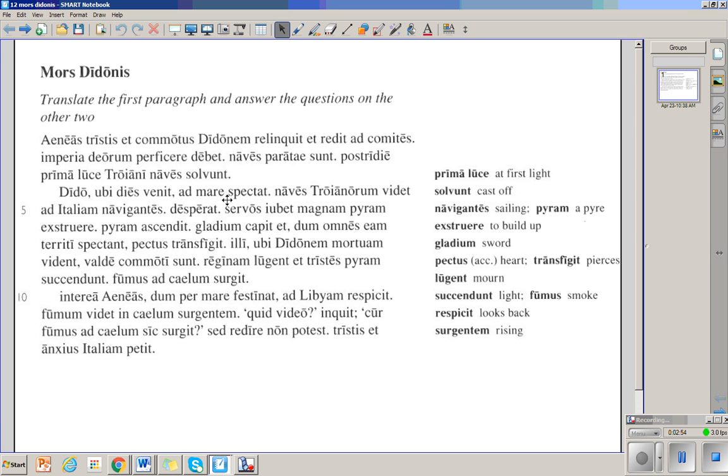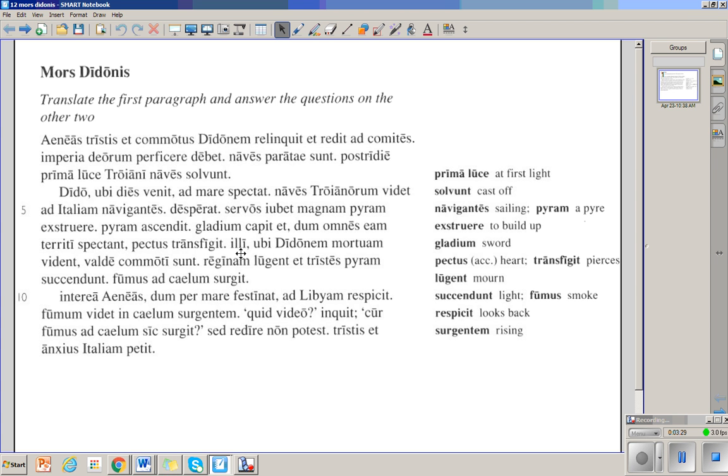Desperat, she despairs. Servos iubet magnam pieram extruere, she orders her servants to build a great pyre. Pieram ascendit, she climbs the pyre. Gladium capit, she grabs her sword. Et dum omnes eam territi spectant, and while everyone terrified watches her, while everyone watches her terrified, Latin uses an adjective here, pectus transfigit,